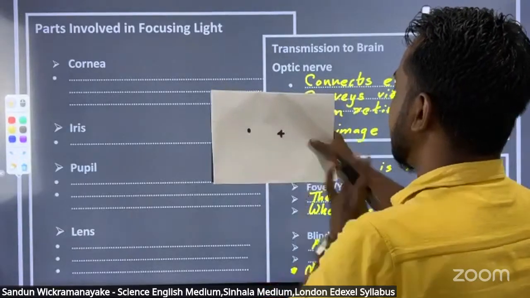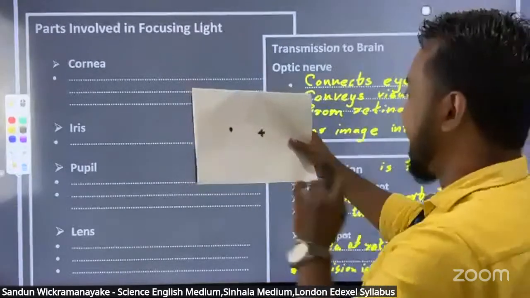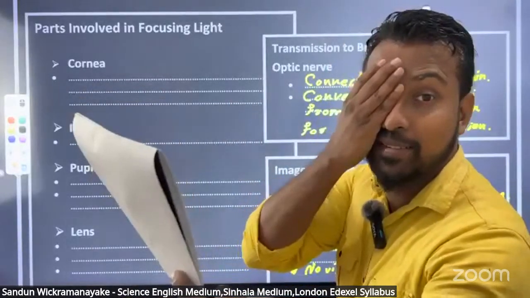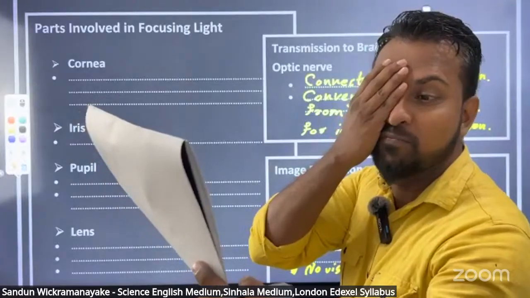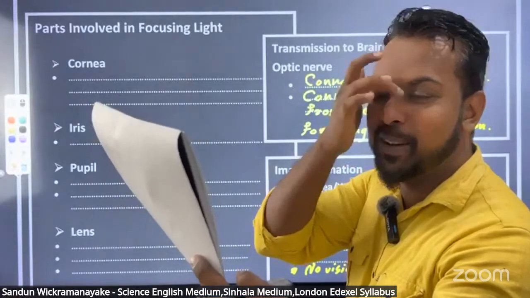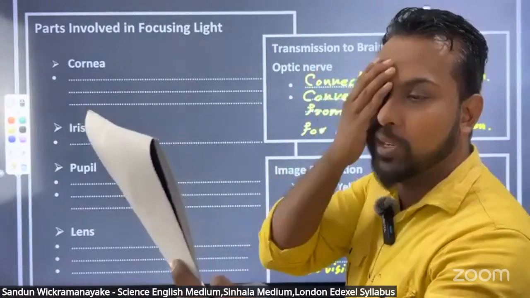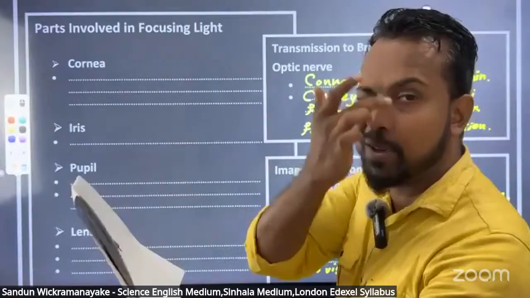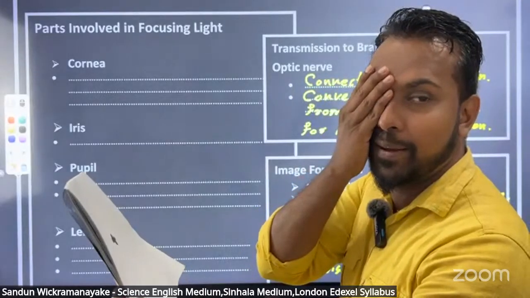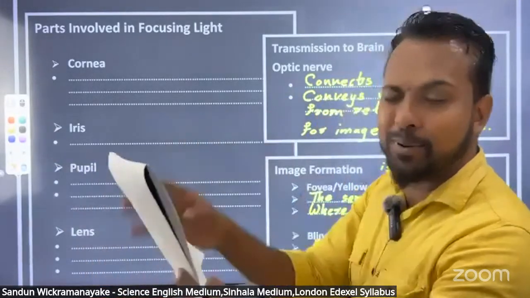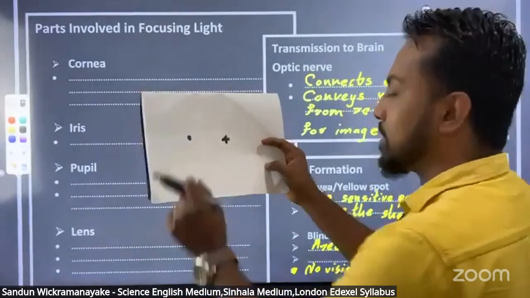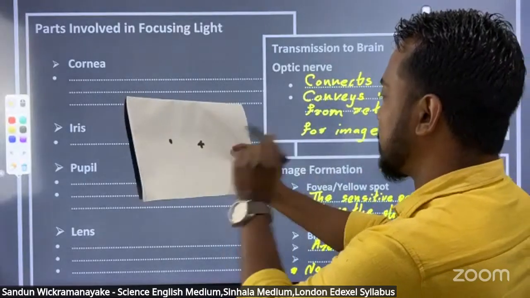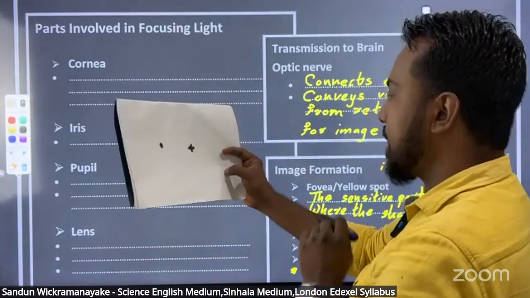You need to situate it like this plain sheet, and you need to close your right eye. Now you're going to watch this dot, the black color dot, and the cross only by using the left eye. Now you can see both of it, but if you focus your left eye to this